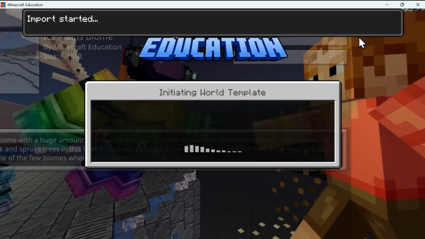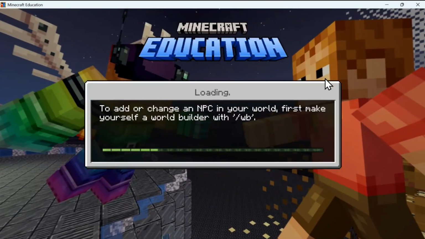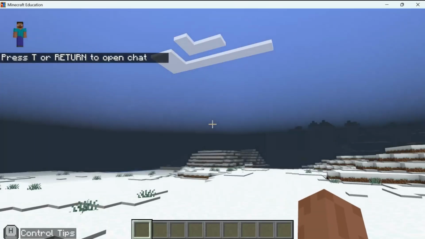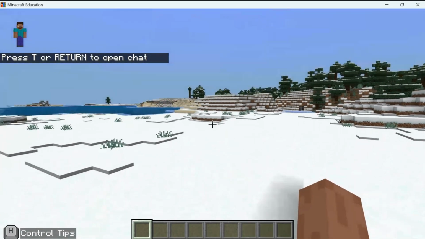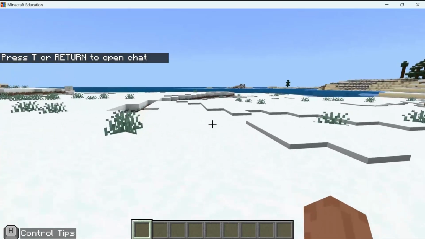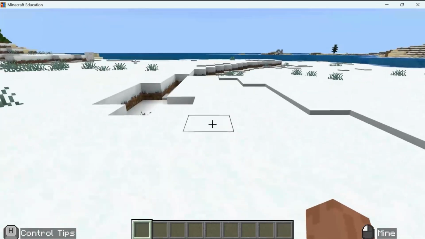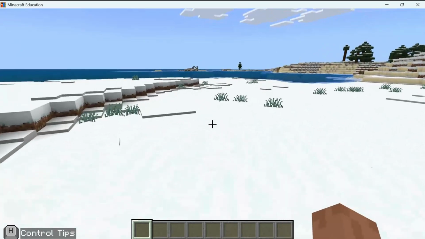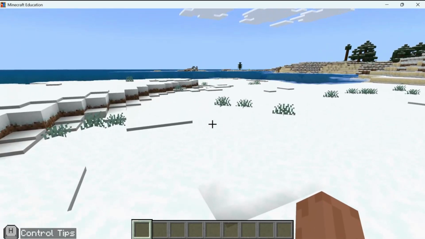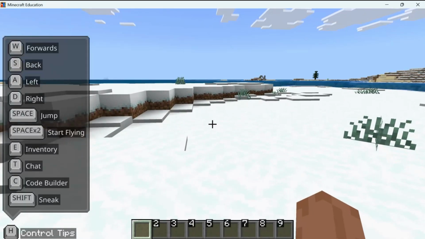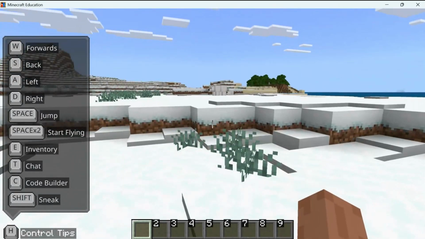So I just click Create World, and I am now into this world. So it just loads in the background, and here I am. I can see some ice. I can look around. What can I see? Some ice and some grass. And I'm just using the keyboard to move around. If you're using a touch screen, you'll be using the on-screen joypad to move around. And if you do need a reminder, you can just press H and it shows you the controls: forwards, back,